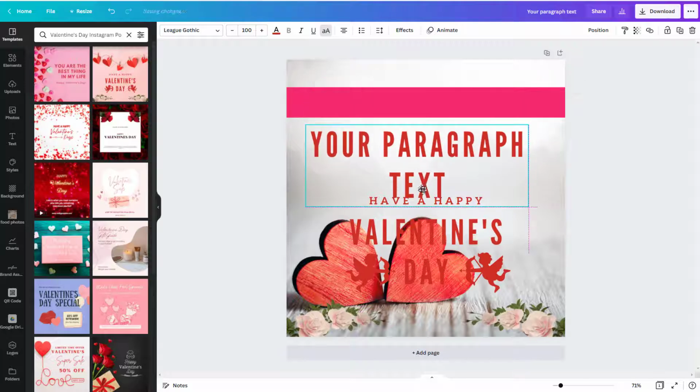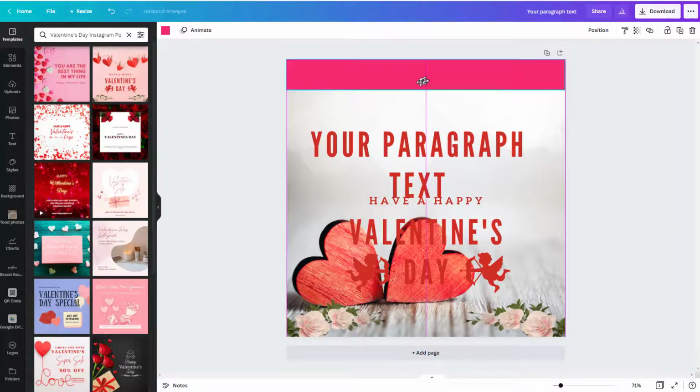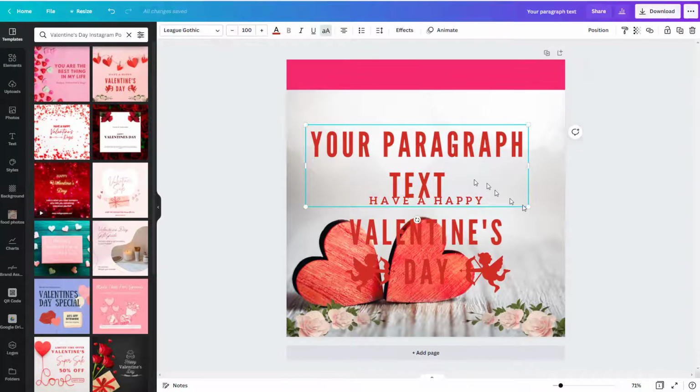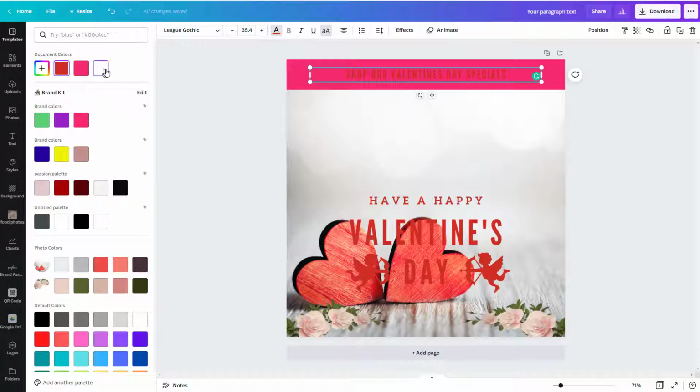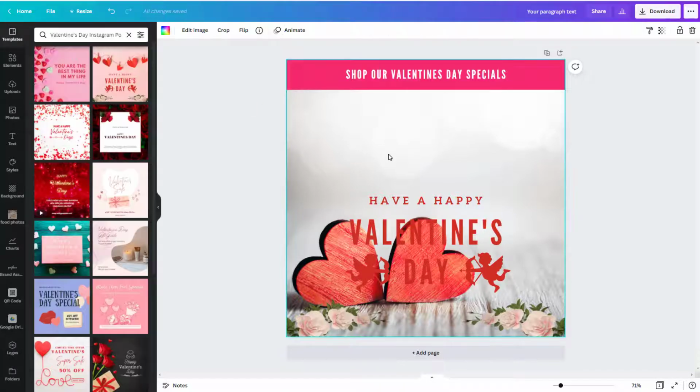Now I have this text behind there getting in the way, so let me just move this up to the top. Now this text here, I want to make this smaller, so let me just drag this down to a size I think is going to work. And I'll come in here, double click on the text, and I'll do something like shop our Valentine's Day specials. And so then I can drag that and position it up here. I might want to come in here and change the font color. So again, all the other stuff works the same, but I'm just showing you that really quickly you can come